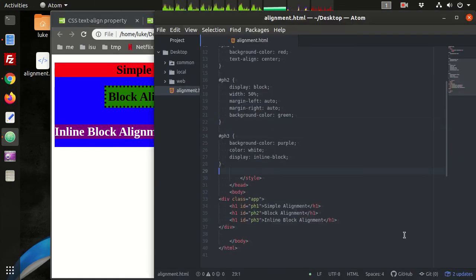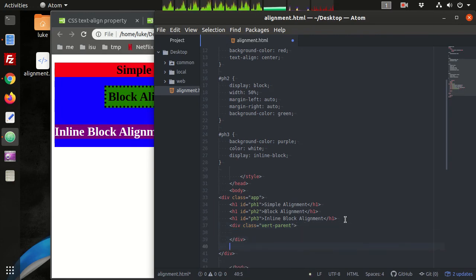So we can go back to our page and create another little div inside here. I'm going to call this one vert parent. I'm going to specify vertical alignment in here. We're going to have a couple of divs, and we're going to make these inline block elements.